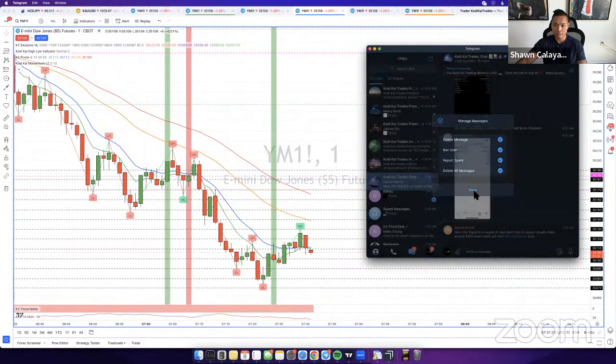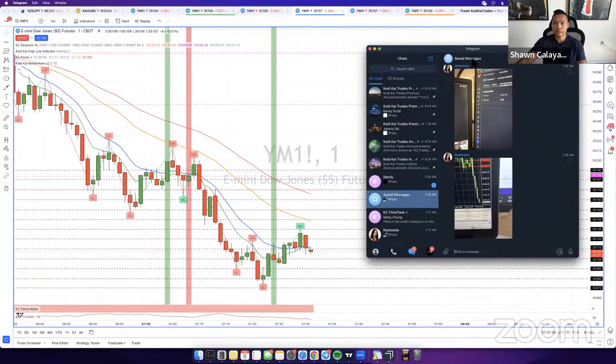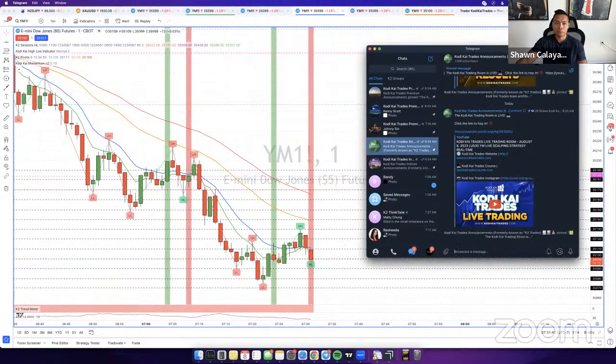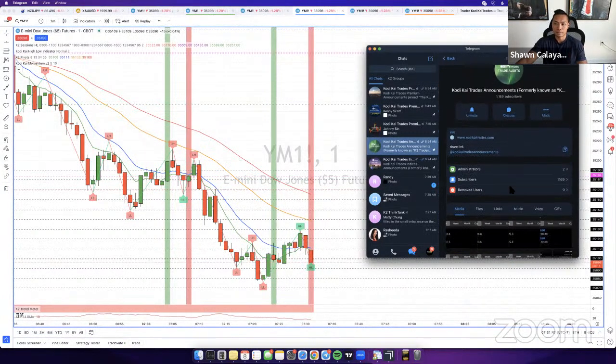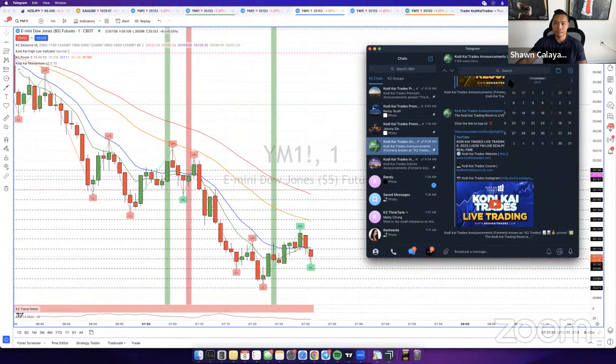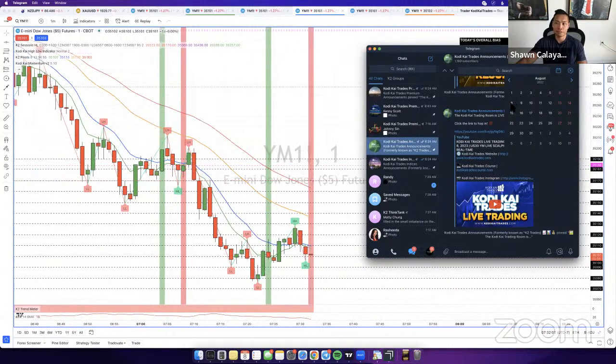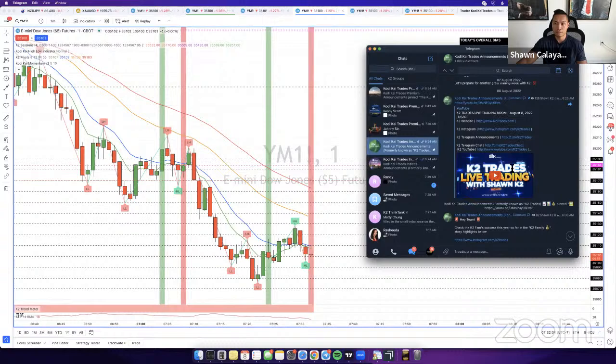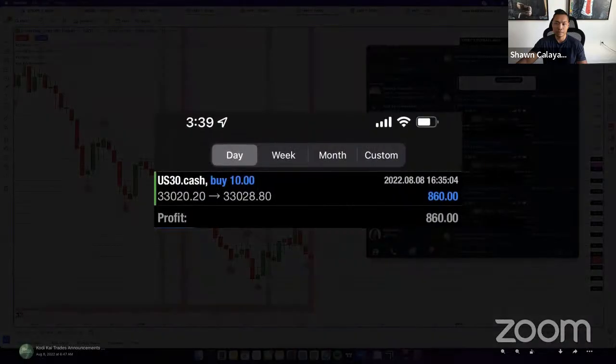If you guys have a random trading day you want me to look at, I think we've gone years without having basically a flat day. Literally every single day for the past, I think, 3 to 5 years now, at least one person has profited. If it wasn't me, it's got to be somebody else in the group. For example, let me go back over here. If I go to a random day, let's say last summer, because summer kind of sucks. A lot of days in the summer, I wouldn't make any profits. Let's go to August 8th of last year, 2022. This was a live session from that day. I actually made profit on that day. I made 860.